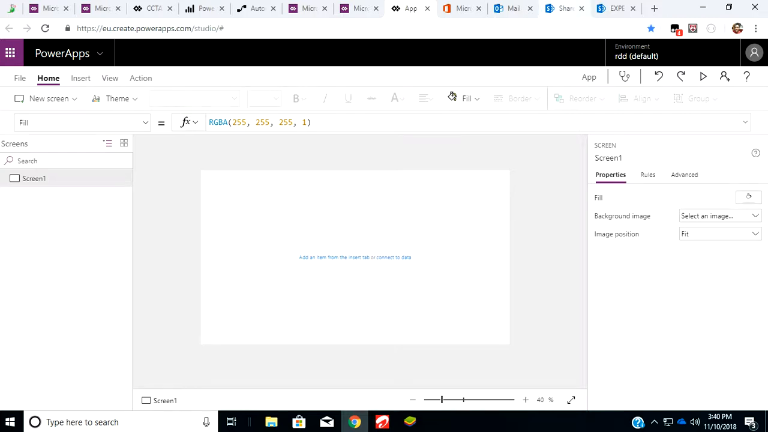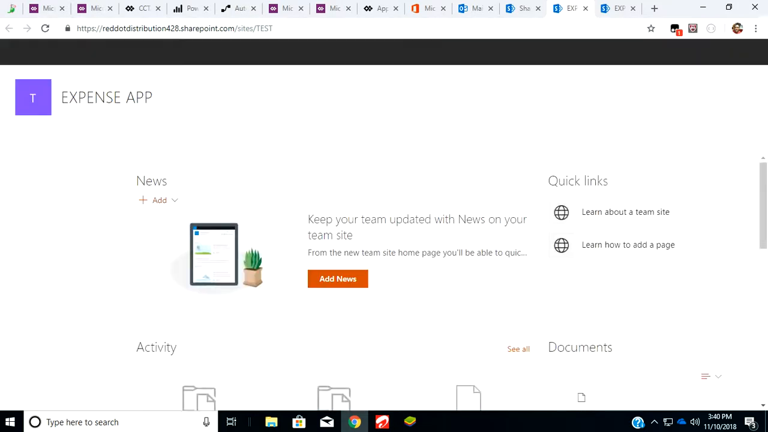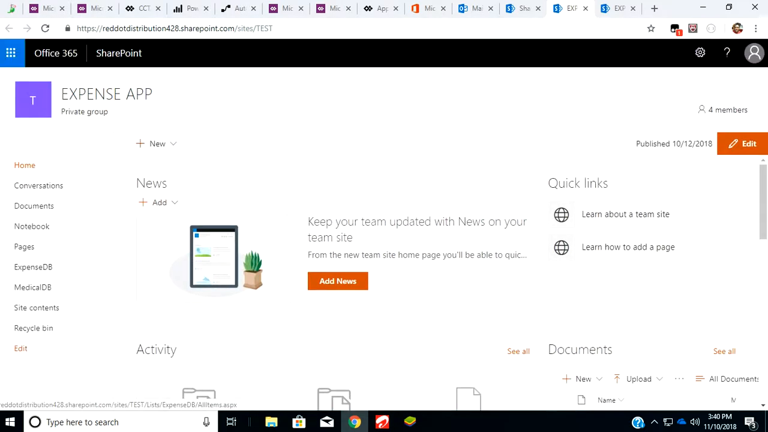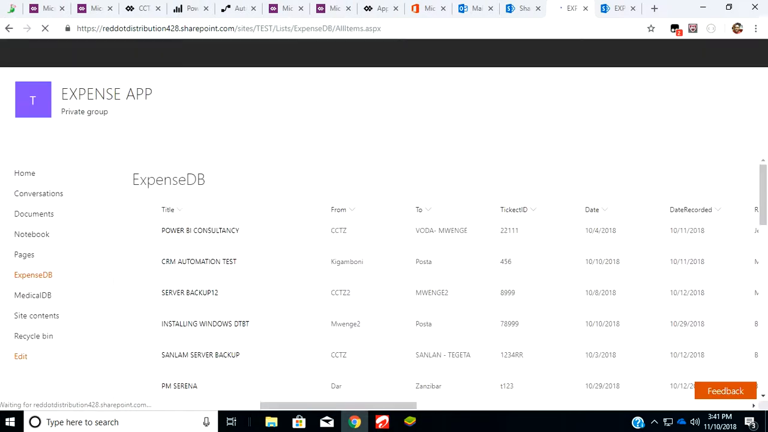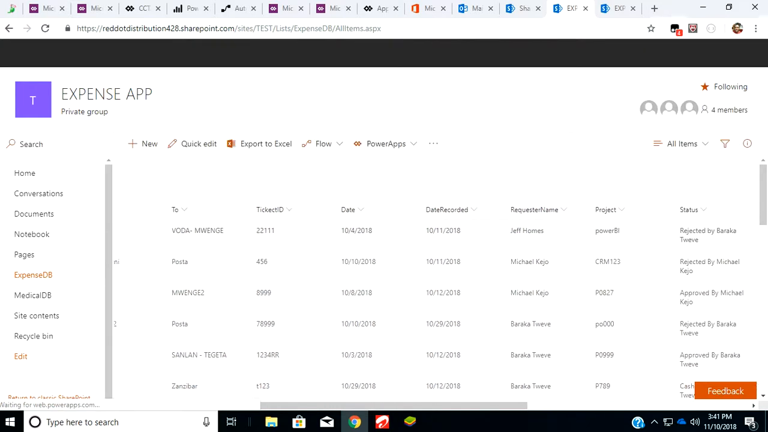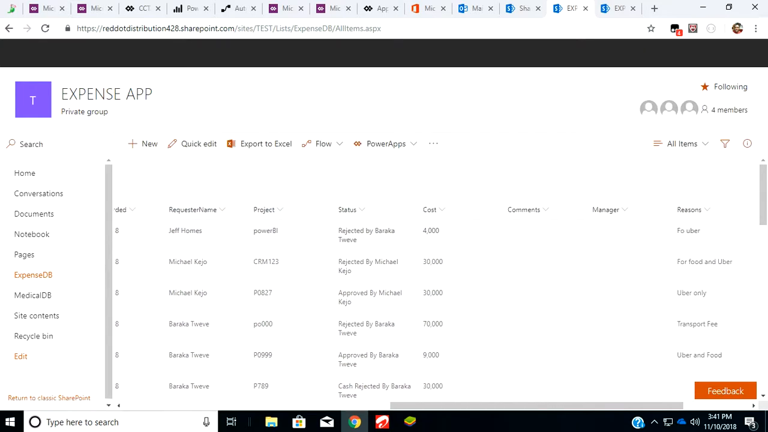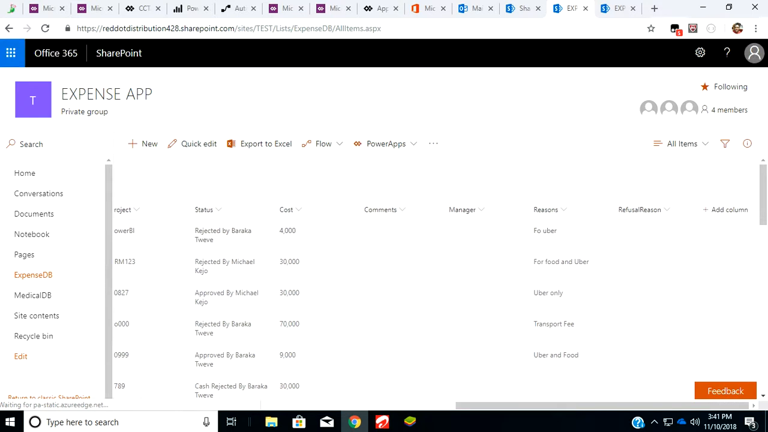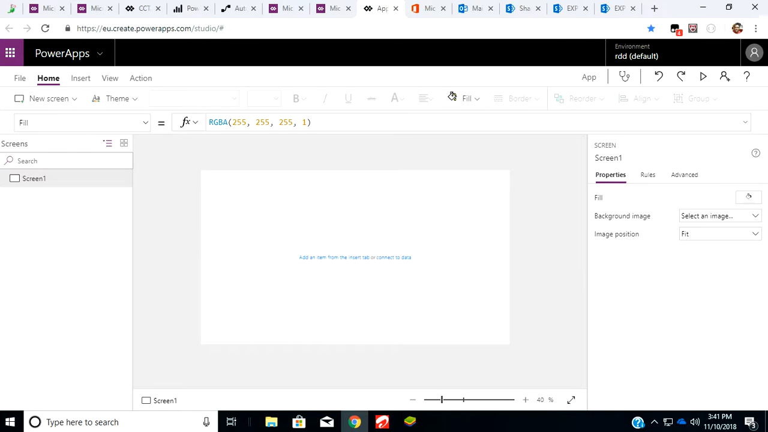We'll be using SharePoint as our data. So you have to create the SharePoint list. The SharePoint list which will be connecting for this test is this Expenses DB. In the Expenses DB, we have all the details: the title, the ticket, the date recorded, request name, project status, the cost, and whatever the comment or the refusal reason will be here. So once you are here, I'll go faster because I don't have much time